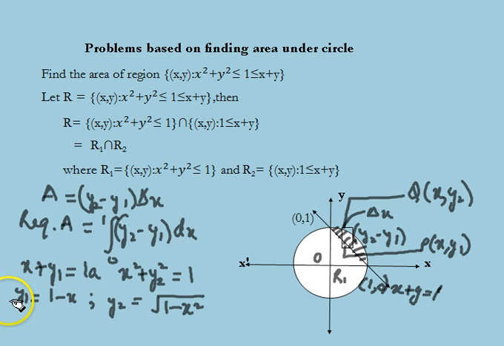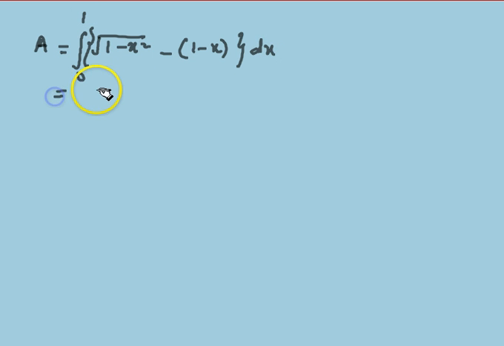Now substituting these values of y1 and y2 in equation number 1, we have the area equal to the integral of (√(1 − x²) − (1 − x)) dx with limits 0 to 1,